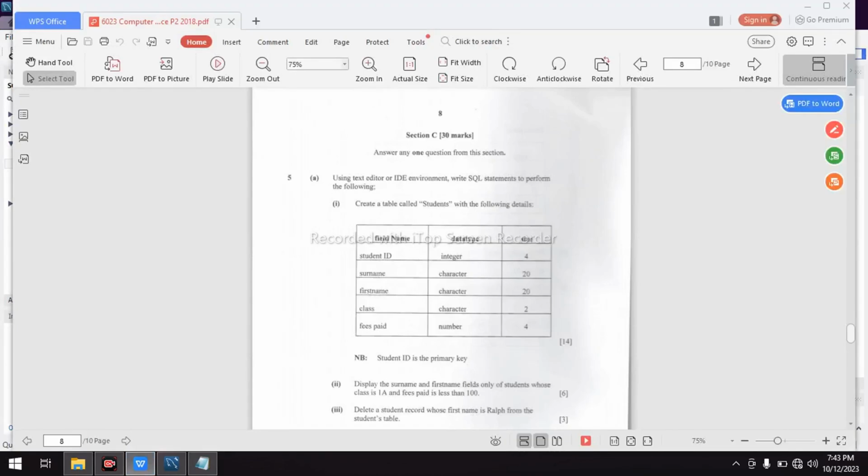Okay. Let me do this question here. 583. I will leave this one. We have not yet reached here. It might be complicated for you if I show you. I'll go to 583i. Delete a record whose first name is